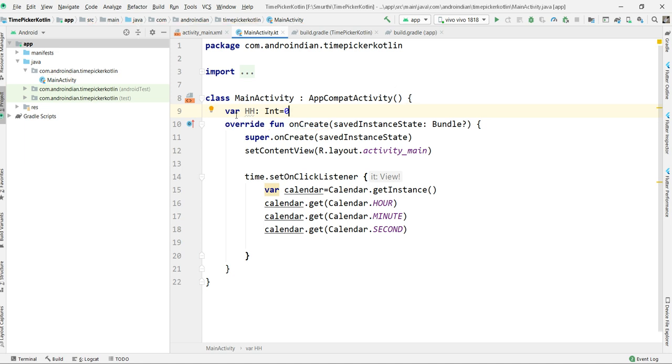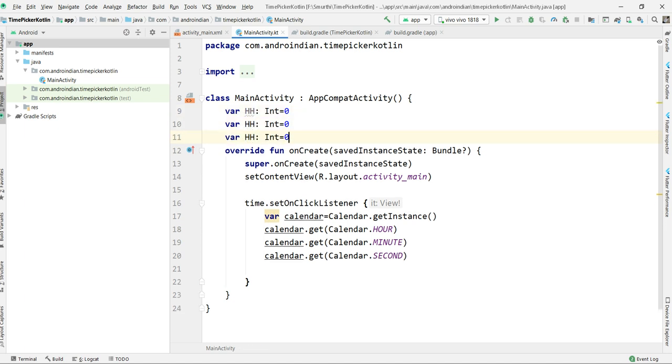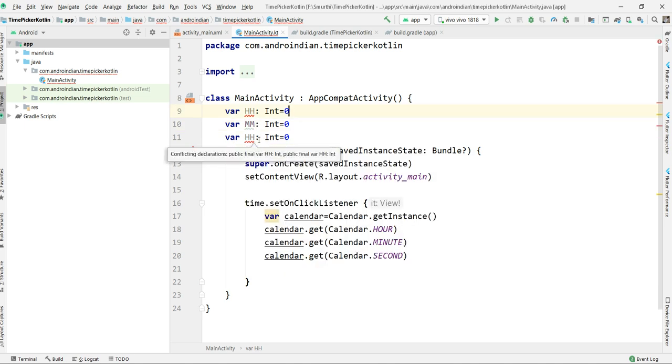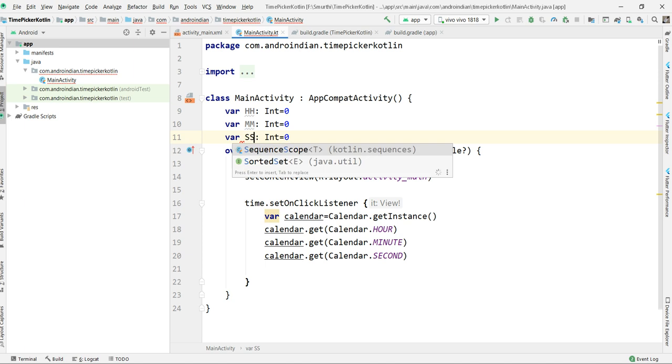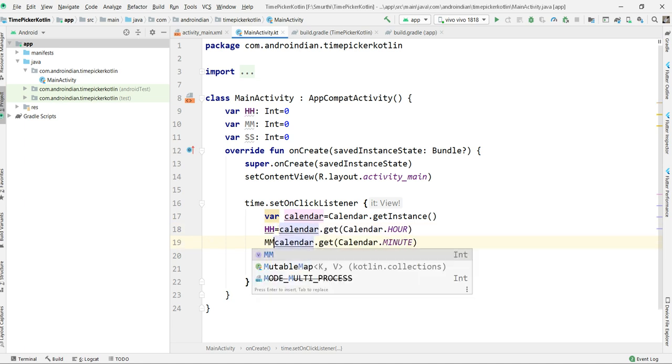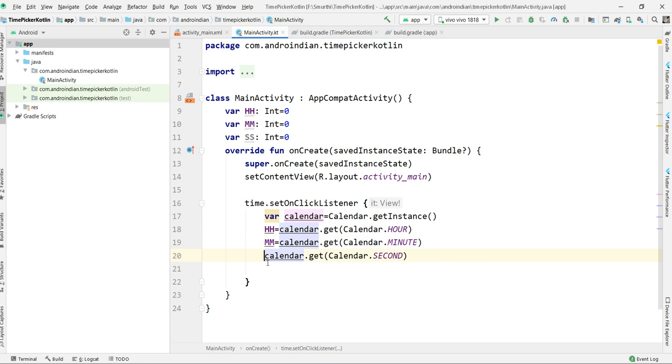Then in the same way I want minutes, and the last one I'm changing as seconds. Then I'm assigning those: h equal to this, ss equal to this. Done. Now I want to access this data.